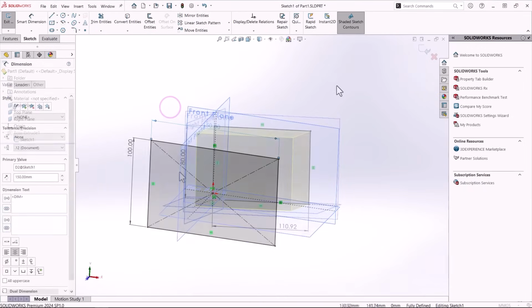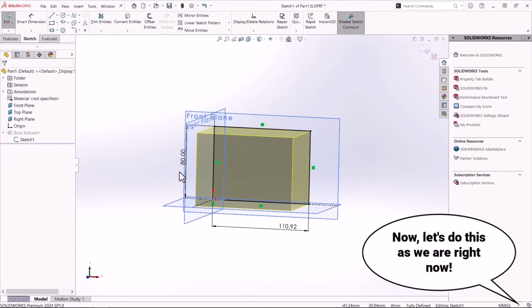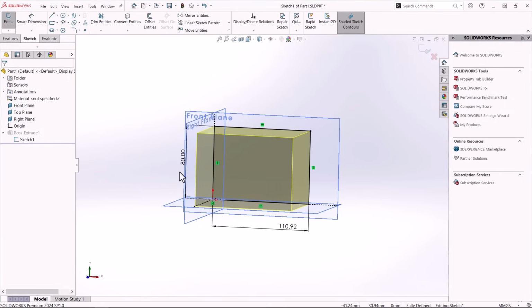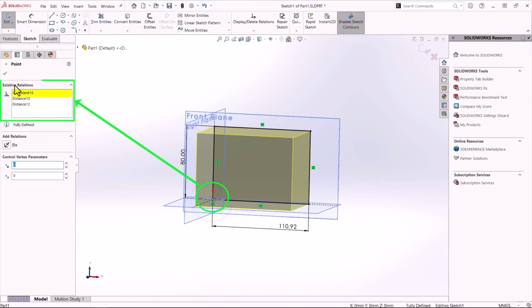If we wanted to do that as we are, we would have to delete all the relations that prevent us from moving this geometry. As we mentioned earlier, we can either delete these relations by right-clicking on the green symbols and choosing delete, or simply left-clicking and pressing delete on our keyboards. Also, do not forget, by choosing an entity, you'll notice that the property manager in the field Existing Relations contains all the necessary relations which you can delete from there.